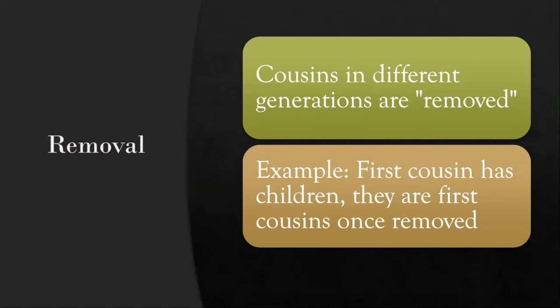Now we're gonna go through a chart because with removals, it goes both up and down the tree. You know, the removals happen in both directions. People that are in a generation that is older than your generation, people that are in a generation that is younger than your generation. So removals can start to feel confusing, but grab hold real tight to the idea that if we're using removal as part of the description of your cousin, it's because there's a difference in generations.